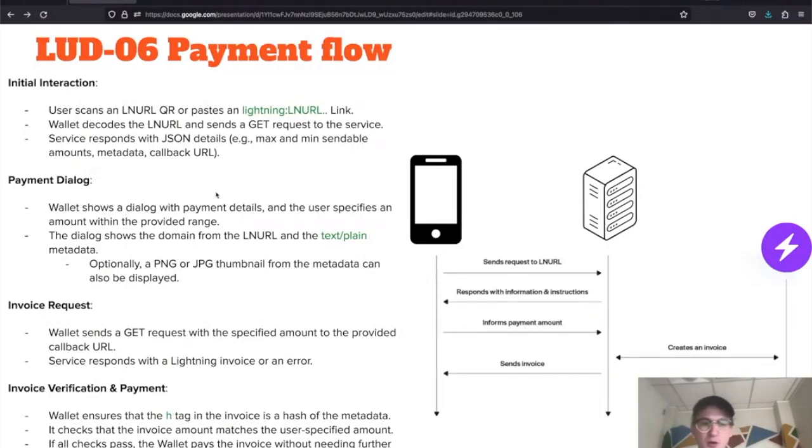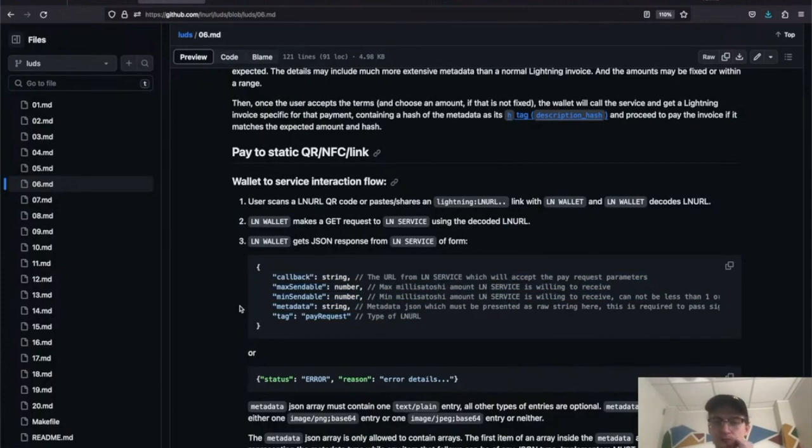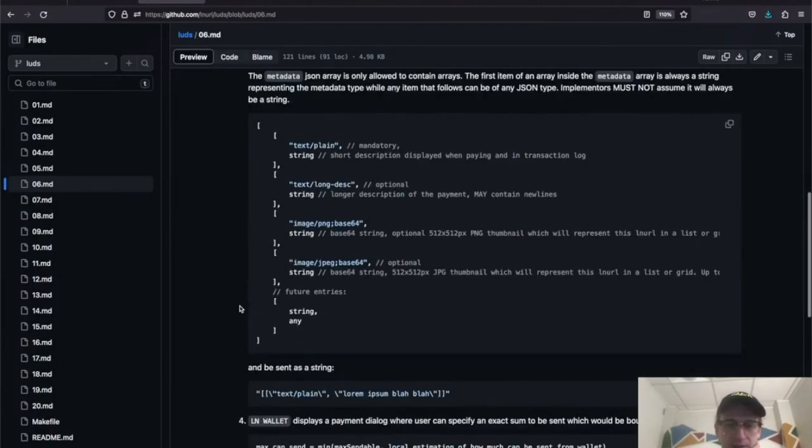So a final step in the process is the invoice verification and the payment. A wallet ensures that the H tag in the invoice is a hash of the metadata. We'll talk about this more in a second. It checks that the invoice amount matches the user specified amount. If all checks pass, the wallet pays the invoice without needing further confirmation. So the wallet is doing this verification step where it's verifying that it's not getting scammed or spoofed a payment. And so that kind of occurs,